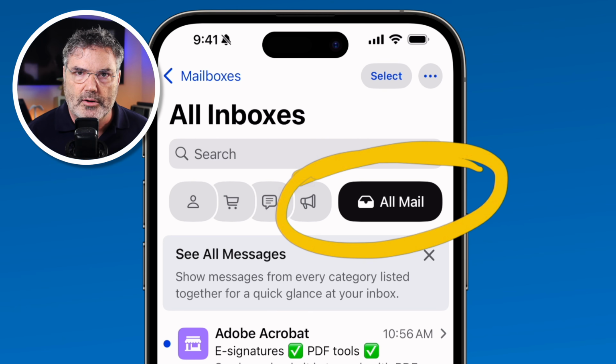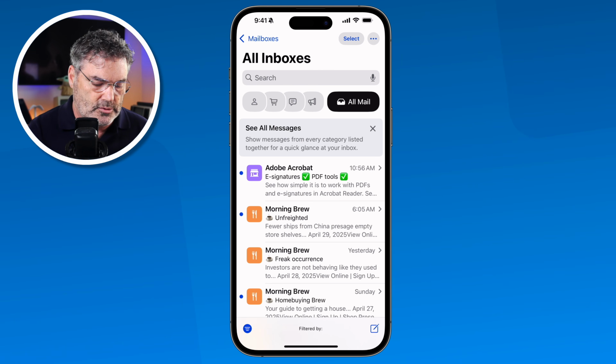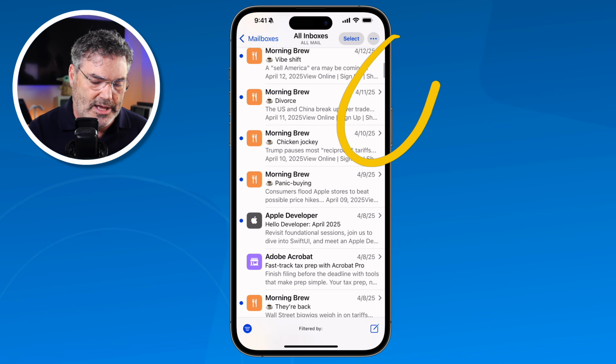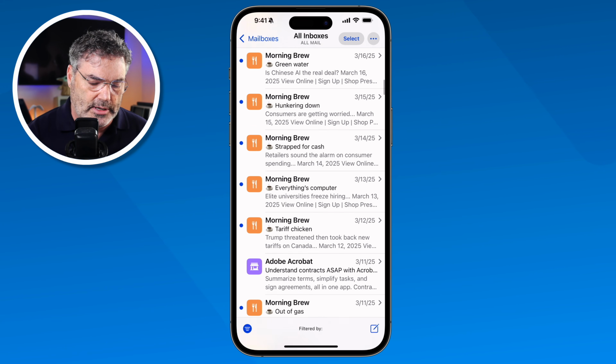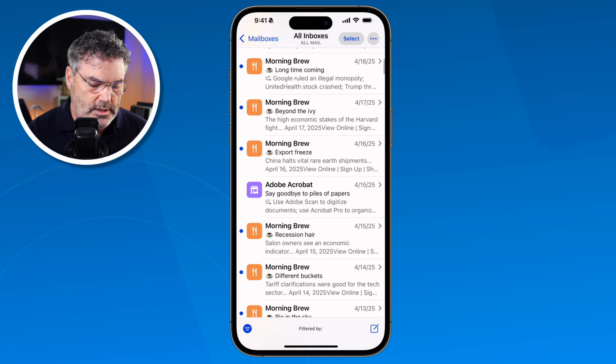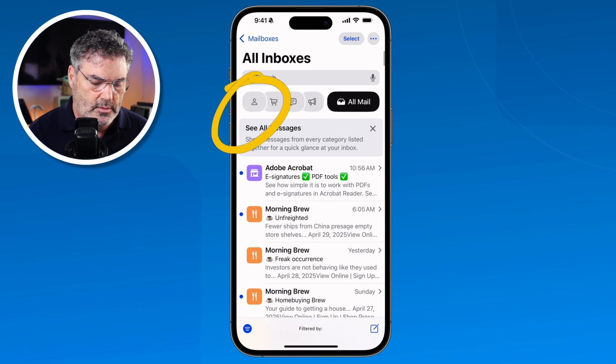It is no longer categorized. So when I swipe up, we can see we have that long list there again. Keep swiping. You can see that bar going down. And when I'm in primary here,